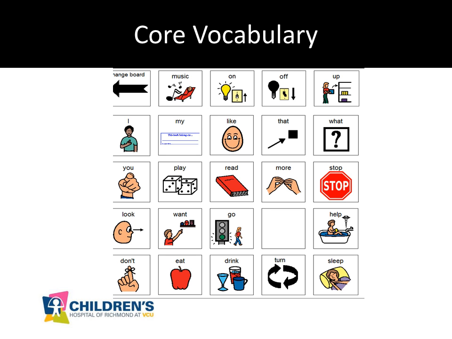The word train is great if you're playing with a train, but if you're playing with anything else or doing anything else, you're kind of up a creek if you're stuck with the word train. So core words like the ones on this board are way more flexible, and we need those specific words like train too, but we want to make sure we give the child a good number of core words so that we can be ready to model the language no matter what happens during the routine.